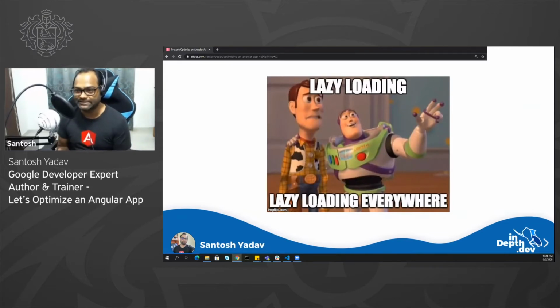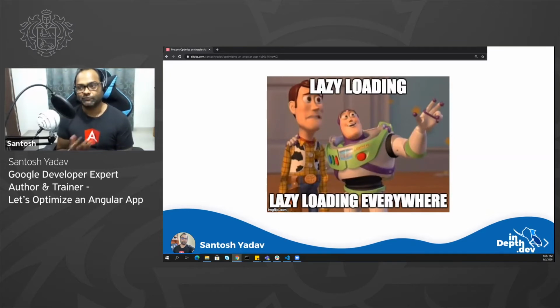whenever you want to optimize an Angular application is lazy loading, right? In our application, there were no lazy loaded modules. So the first thing we decided to do was split our Angular application and implement lazy loading, because there were many modules. I mean, not one. I think there were 4 to 5 modules which could be lazy loaded, but the development team didn't actually bother to do that earlier.